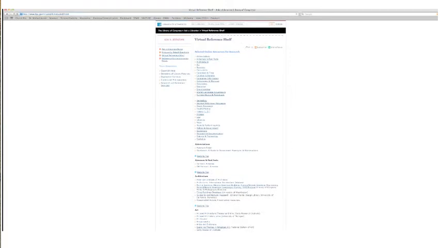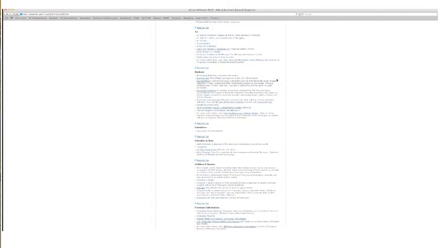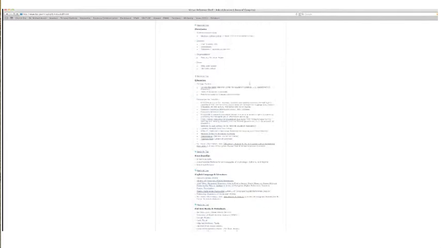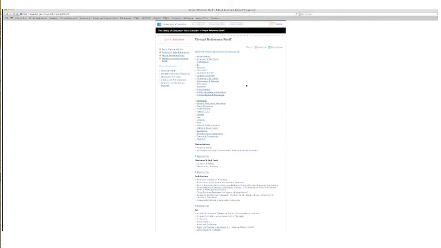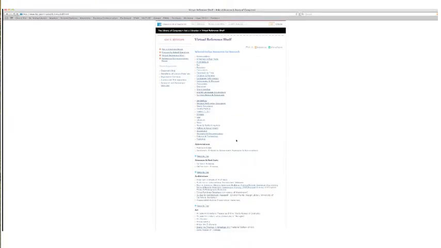You might also want to check out this government site here. This is the Library of Congress's virtual reference shelf. Here we have the virtual reference shelf. This is what the U.S. Library of Congress has selected as the major reference sites for almost every topic that you can think of on the web. So if you want to look at business sites, here you have a variety of what the Library of Congress considers top-notch subject guides. These are just a few big sites that contain a lot of information or pointers, directions to other sites.